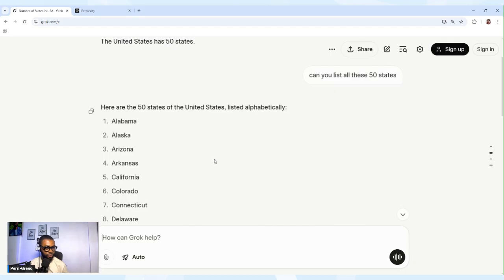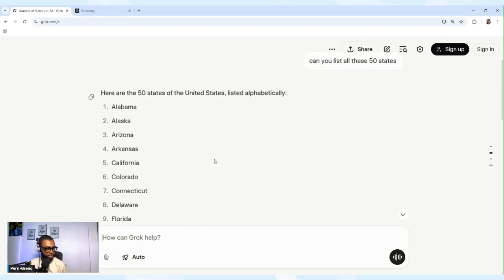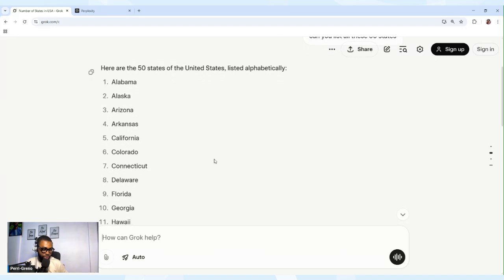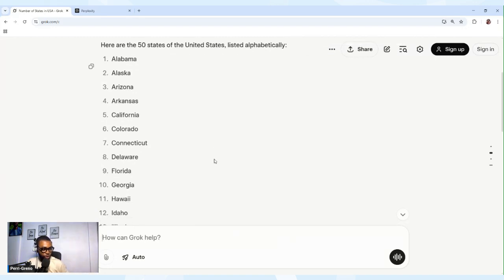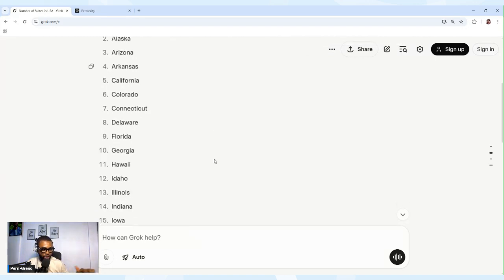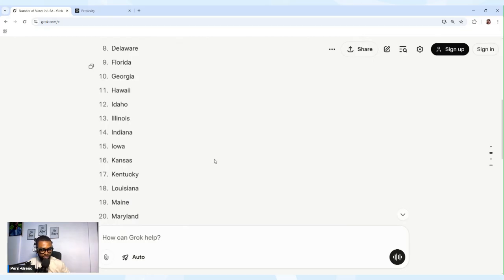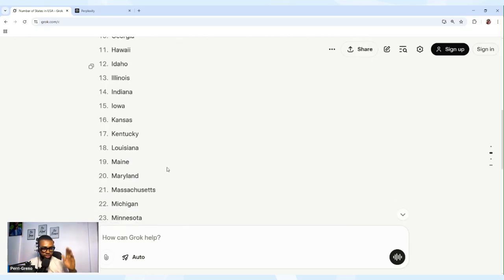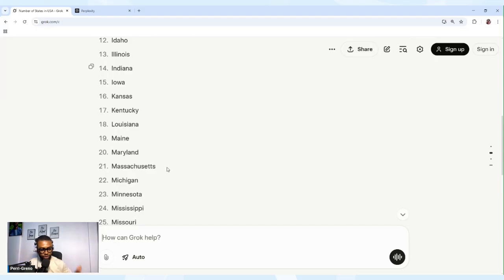Okay, so these are the states. We have Colorado, Delaware, Georgia, Idaho, Illinois, Iowa, Kentucky, Maryland, Massachusetts, Michigan. The list goes on and on.